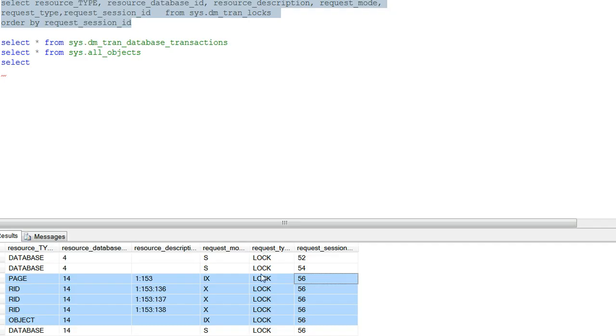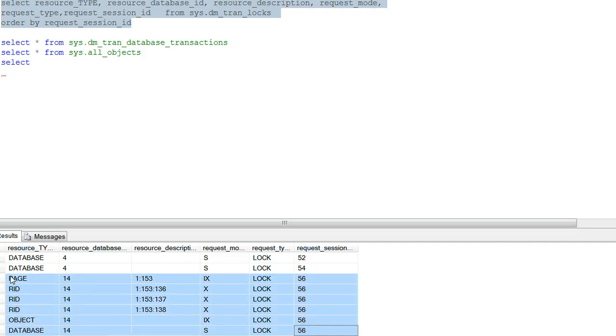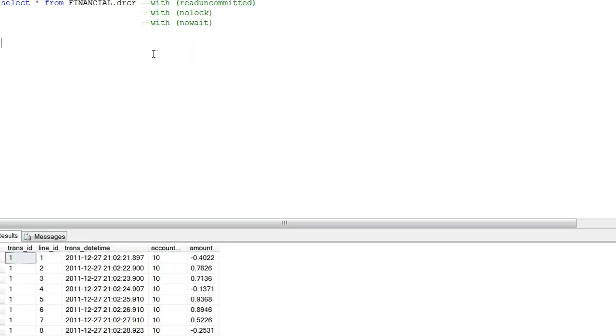Here we have our, is there a shared? Yes, here's the shared. We have a few intent to be exclusive and 3 exclusives. 3 on the dependency is row ID. Same file, same page, different rows: 136, 137, 138. If we attempt to run this select statement again, you know what's going to happen, right? It's not going to